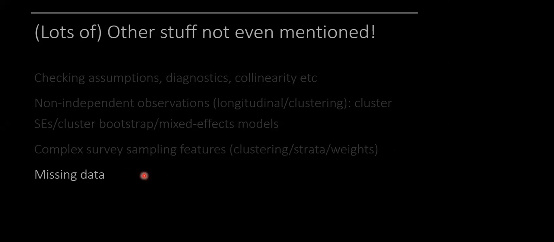Missing data, that's a vast thorny topic, and sensitivity analyses. I think it's fair to say the norm in the literature is that when you read a quantitative study, you'll often just see one model and that's it. But really, much better practice is to run additional models, varying our assumptions, maybe in terms of what independent variables we include in the model, maybe using different distributions, and seeing how the results change and how robust our results are to those different